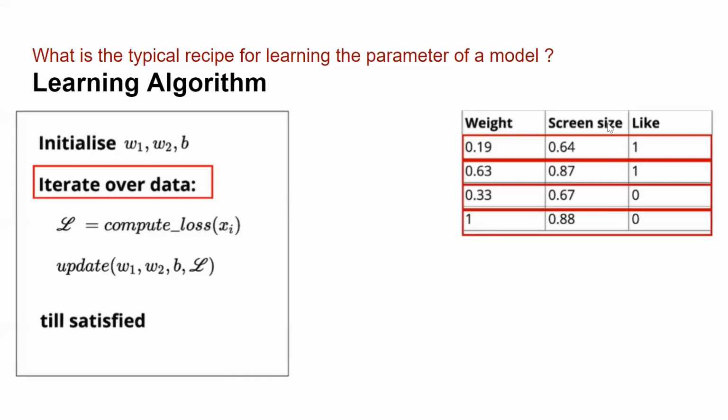Now there's one important fundamental concept here. If I do this update one by one for each of my rows, that process is called stochastic gradient descent. Stochastic approach, we call it. Whereas if I do the update once after going through all of my data, then it is called batch update. Is this concept clear to you?